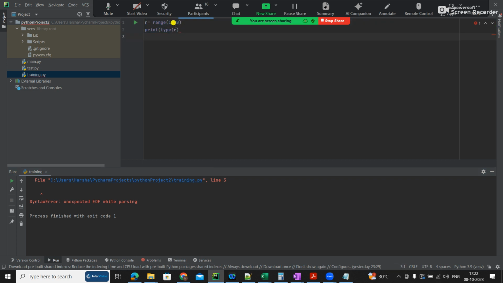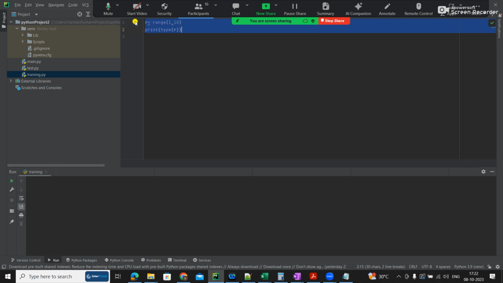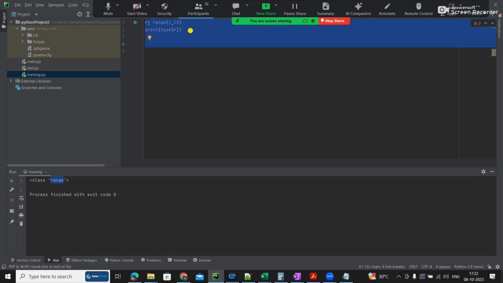What is the mistake? Is this correct, right? r equal to range of 1 comma 10. Give the comma. Even my battery is done for today, I believe. Okay, so we are not getting it like this.